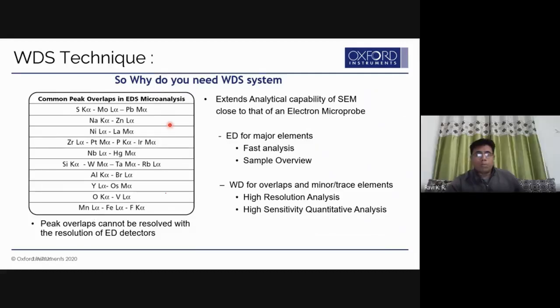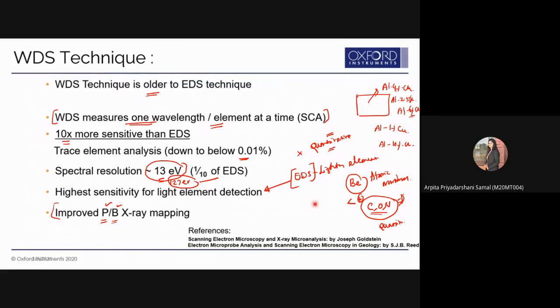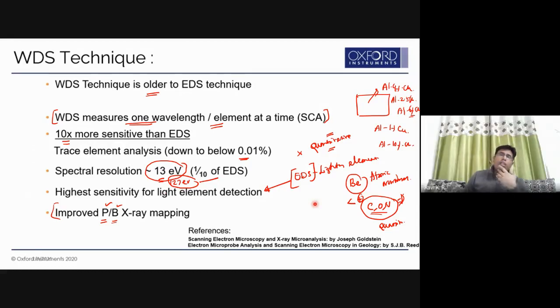Sir, you have mentioned that for EDS, quantification of elements lighter than beryllium is not possible. Sir, I've read that also for WDS, less than lithium, very light elements, quantification is not possible. In both cases, I'm saying that both techniques are actually bad. You cannot use them for quantification. But among these techniques, EDS is actually worst.